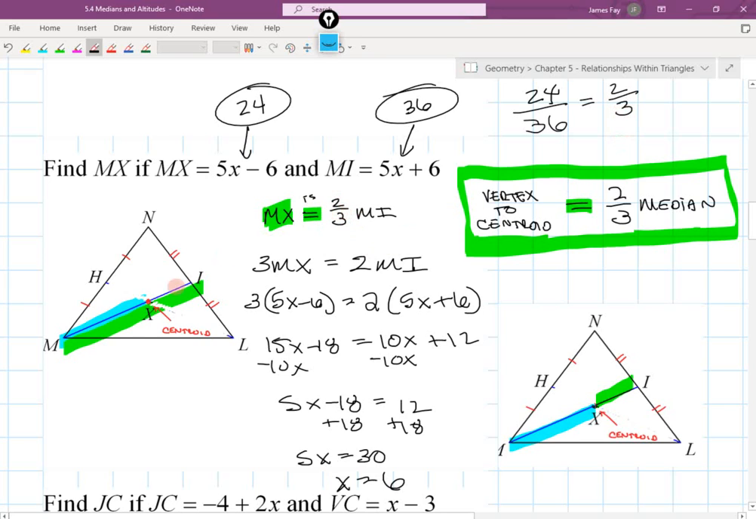That makes sense? If the whole thing is 36, and the blue portion is 24, what is this purple distance? 12. How do 24 and 12 compare to one another? 1 to 2 or 2 to 1, right? And that's the other relationship that we can see. How does 12 compare to 36? It's 1/3. So when you find all three values and you're done with this problem,